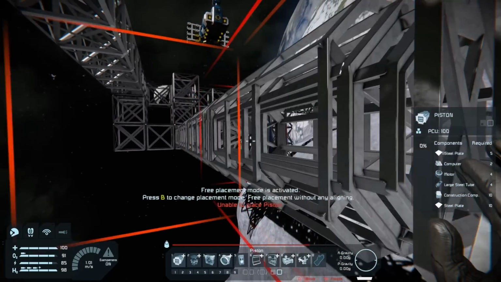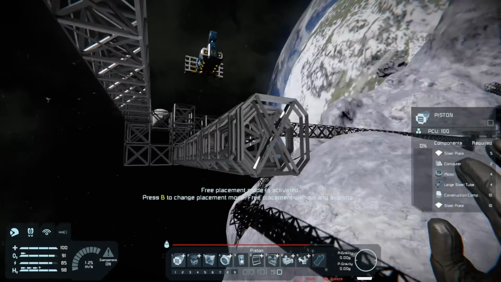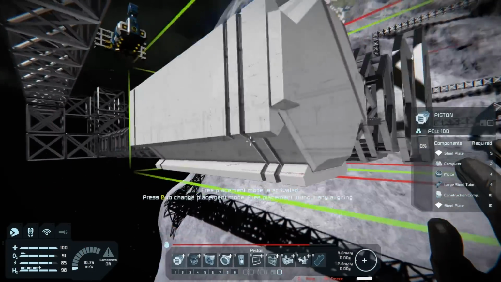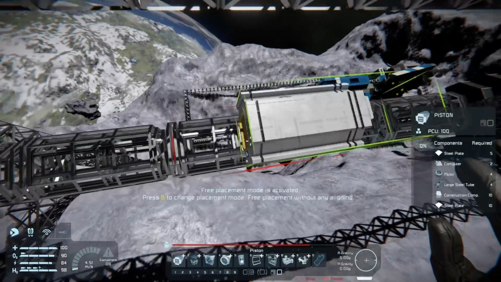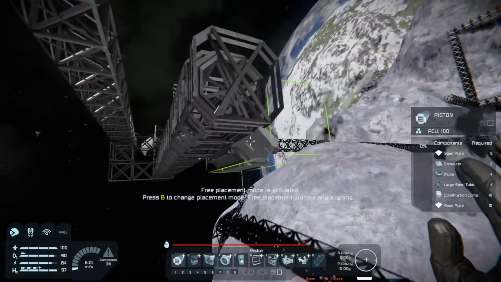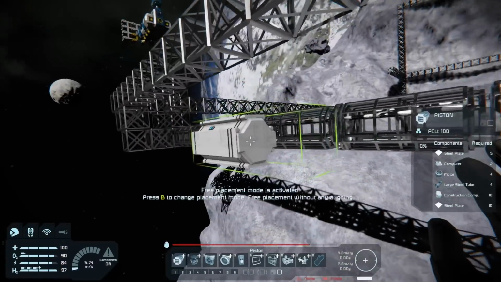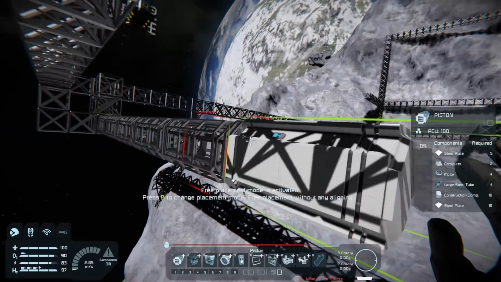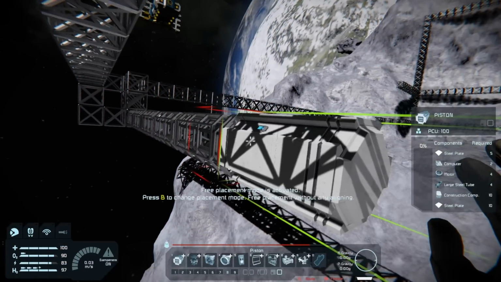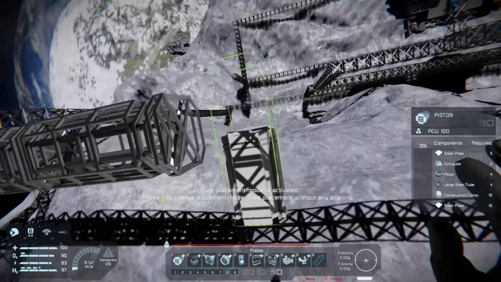So we need to move it 40 meters in each direction. So 4 pistons. It's really hard to count and talk. 1, 2, 3, 4, 5. Okay. But the 5th piston is to actually get the correct alignment of the pistons with the blocks, because the